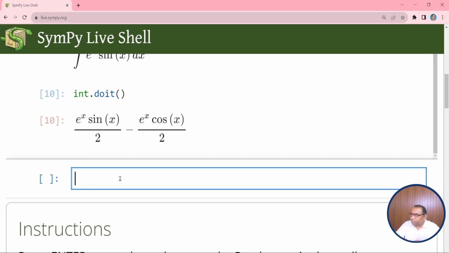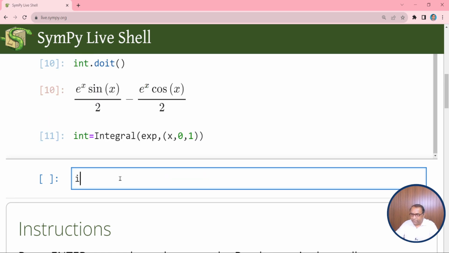Similarly, if we have definite integration, then for the definite integration we will use here x comma, where this is the lower limit and this is the upper limit. Suppose the upper limit we have is 1, and then enter. Int, then we have